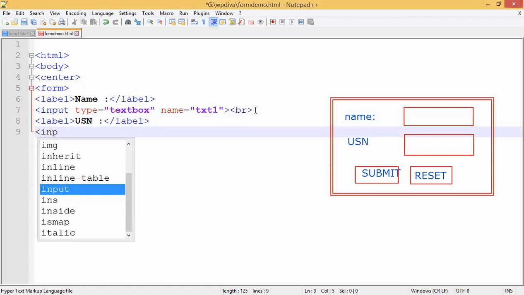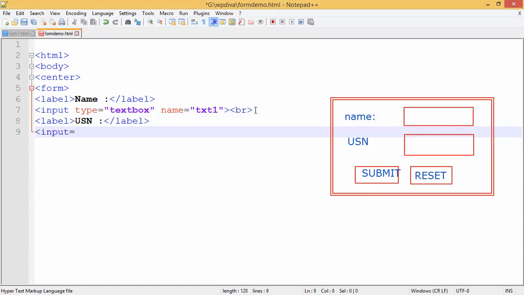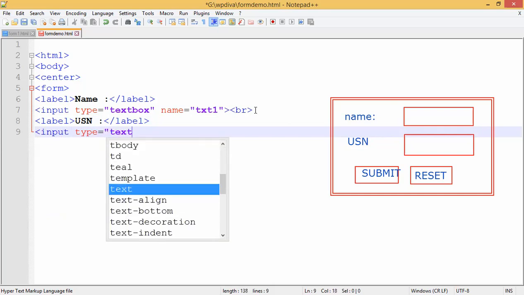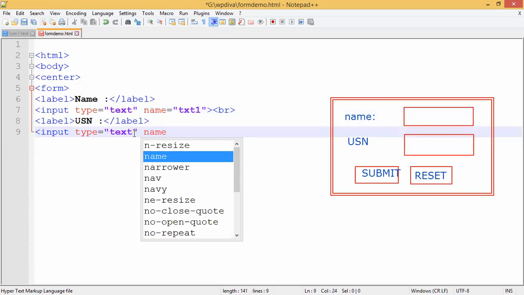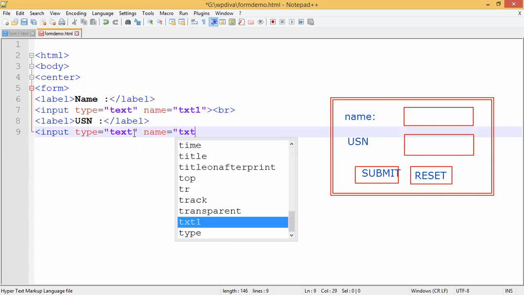Again, you take input. Okay, I want input type is equal to what, guys? I want input type is equal to text, right? Or you can also take text box, anything can work. Okay, so I will take input type is equal to text. I will take name is equal to txt2.